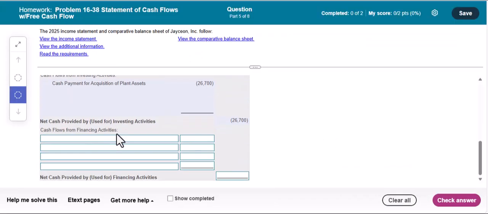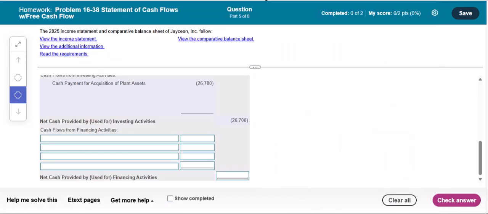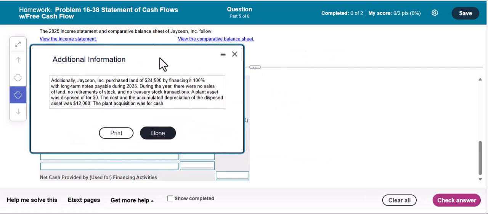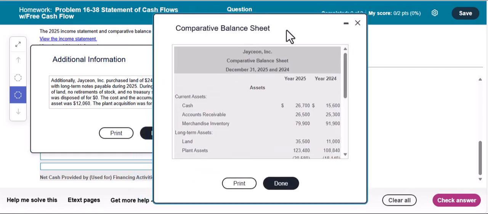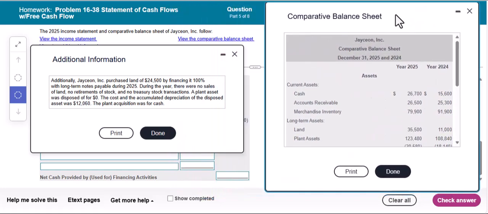So when we scroll down, next up we have cash flows from financing activities. Our last section, financing. Hopefully you remember that this is affected by changes in long-term liabilities and owner's equity. So again, we're going to go back up here and look for changes in long-term liabilities or changes in equity. So we can check our additional information here. And then also, since we are dealing with the long-term liabilities and equity, that is going to be on the balance sheet. Go ahead and move that over